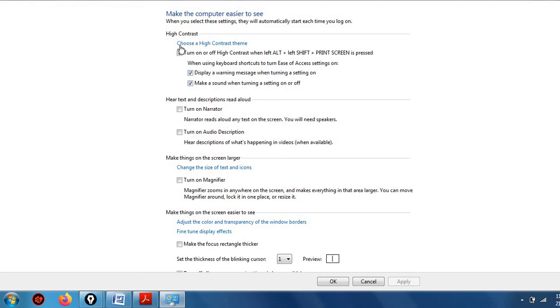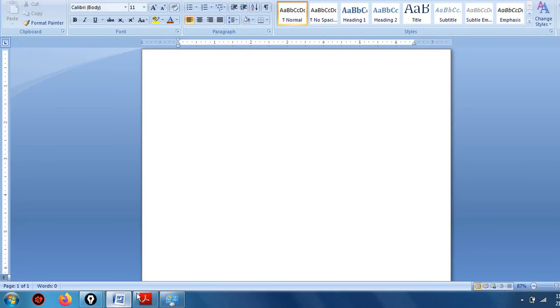In this, see, here it is already checked: turn on or off high contrast when Alt, Shift key and print screen is pressed. Alt Shift and print screen, right? So okay, I am going in this, I am writing something.